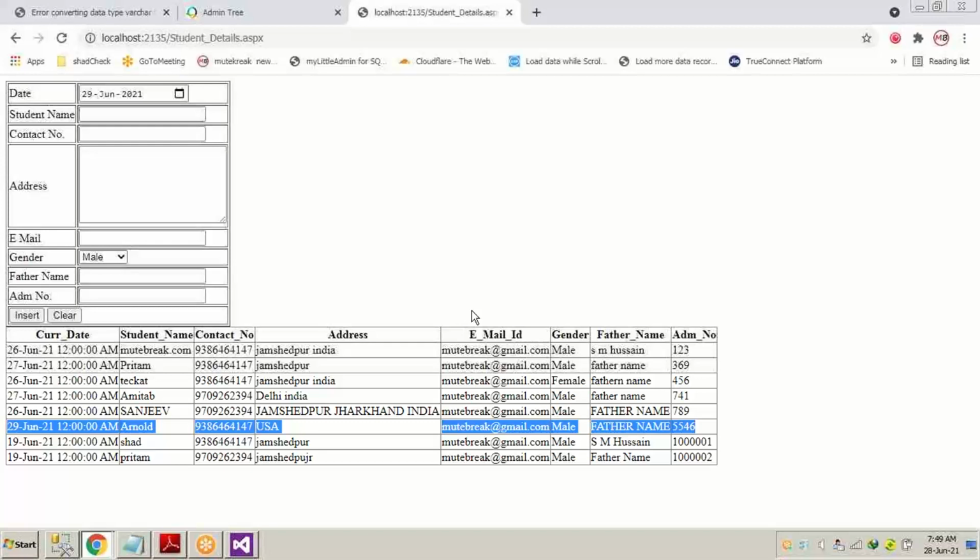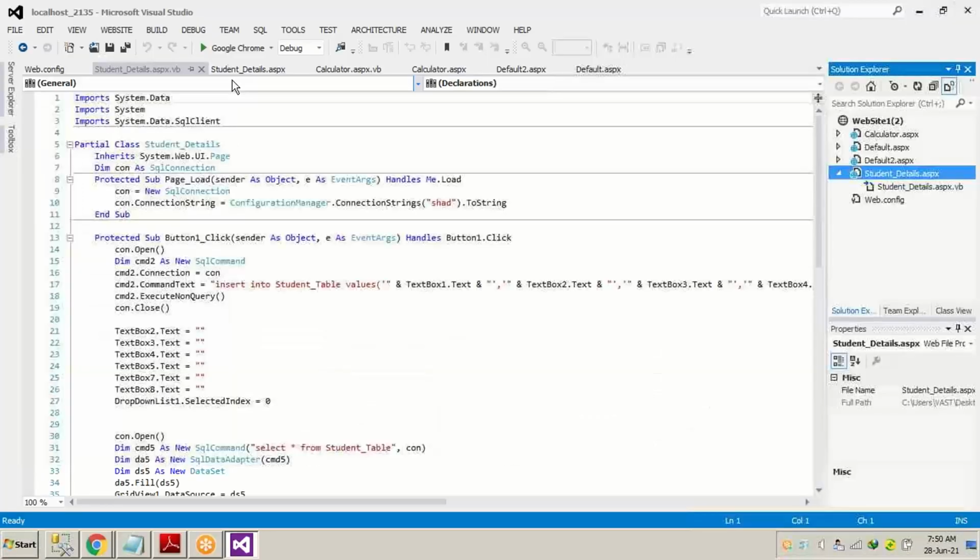So how are we going to do it? First of all, after clear, we have to put a button which will be update, and after that we have to put a delete button. Remember, we have created two buttons over here, insert and clear. We are going to add two more buttons. The easiest thing we can do is to copy both the buttons and paste them.